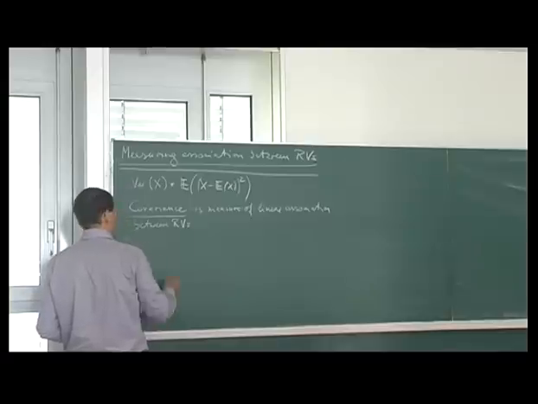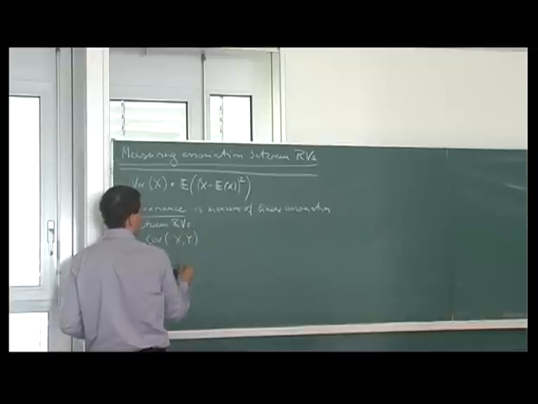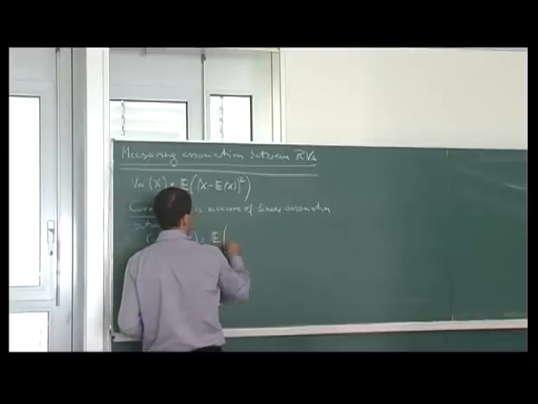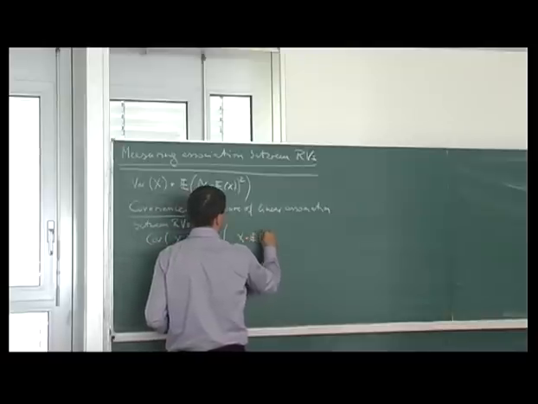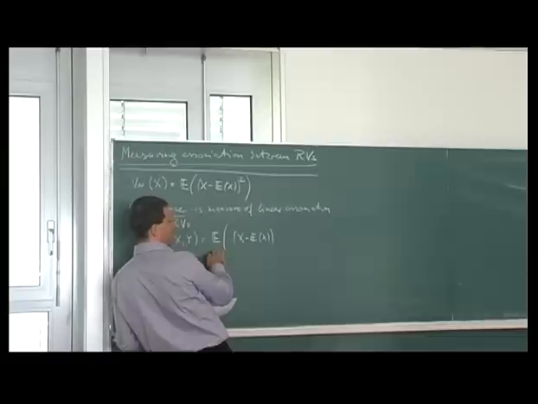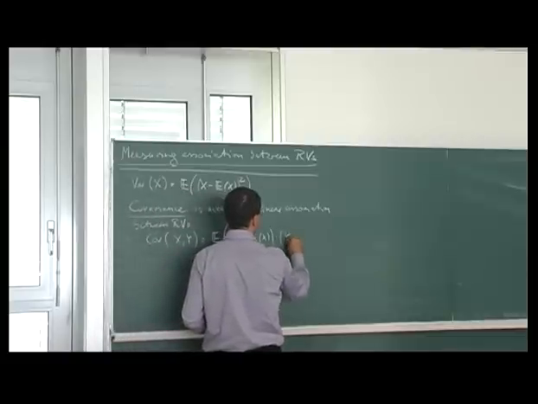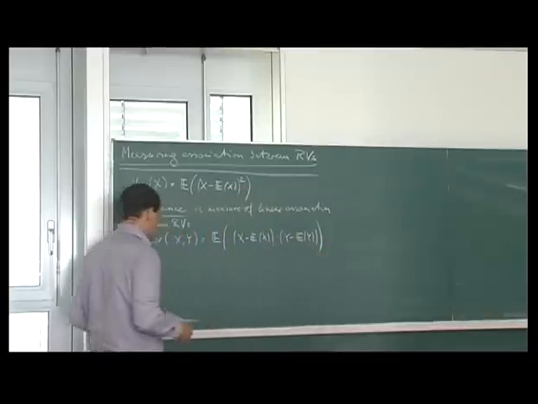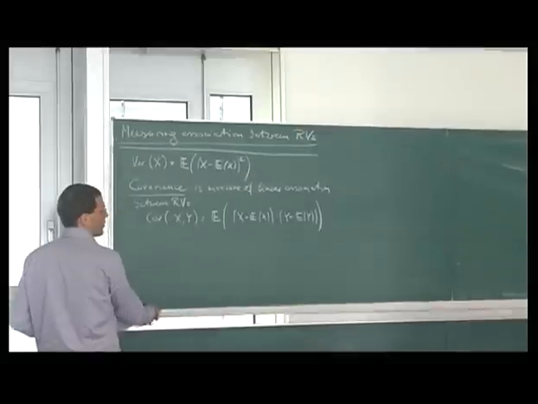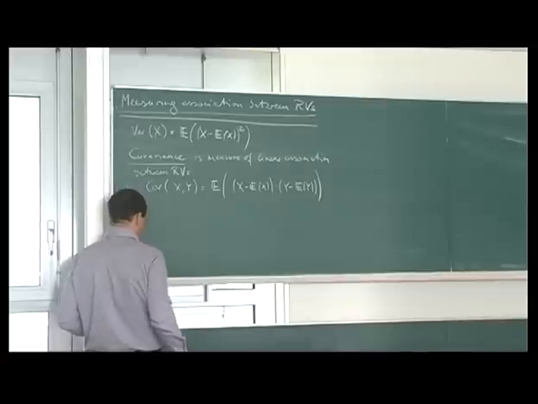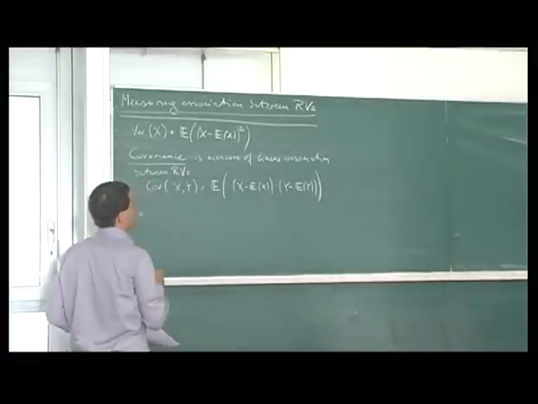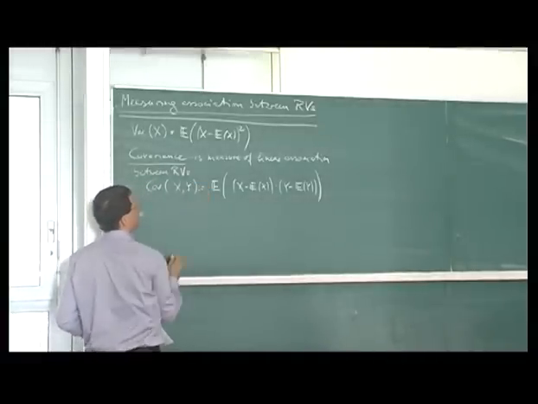So if we have two univariate random variables x and y, the covariance is defined as the expectation of x minus the expectation of x, times y minus the expectation of y. There are alternative ways of writing down this result. So we can multiply this out, and we'll find that